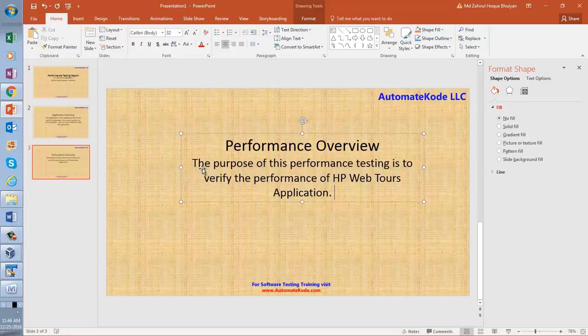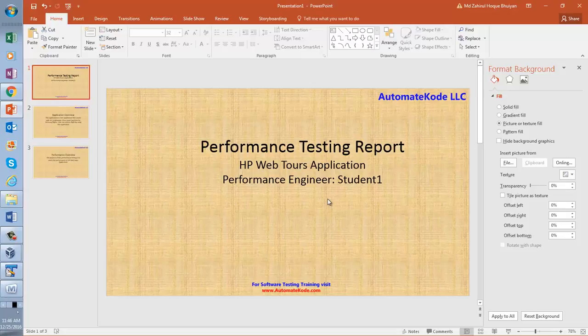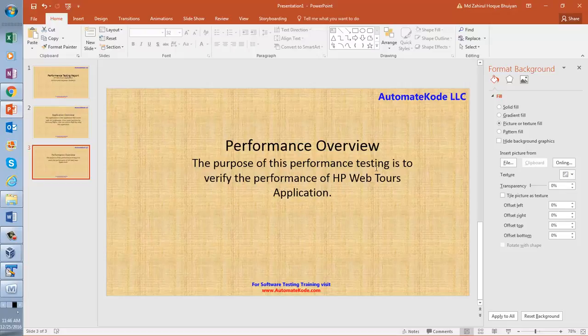Now, the first slide we did, you can see that we have written performance testing report. We give the project name and performance engineer information, and then in the next slide we have provided a little bit of application overview. In the next slide we are providing performance overview.